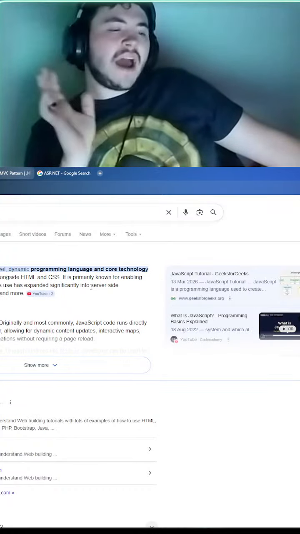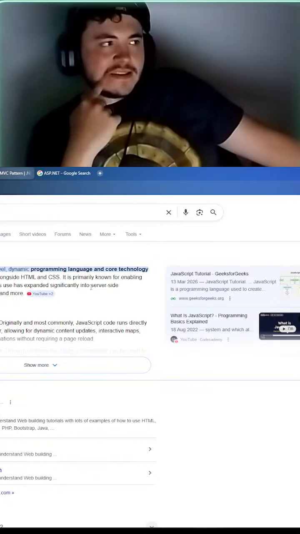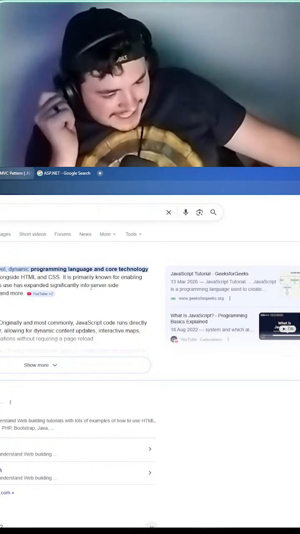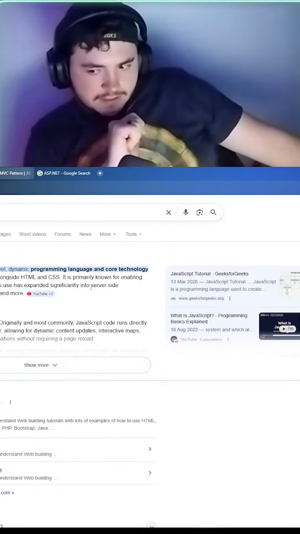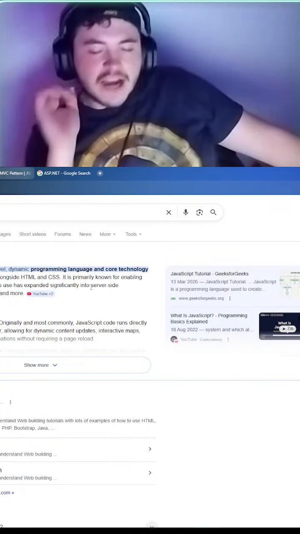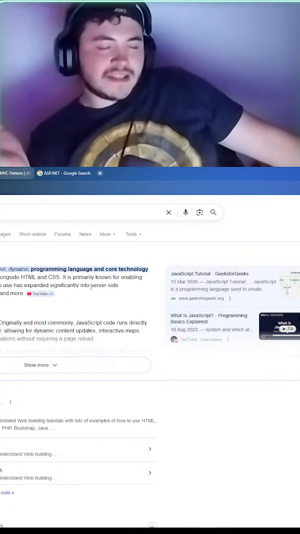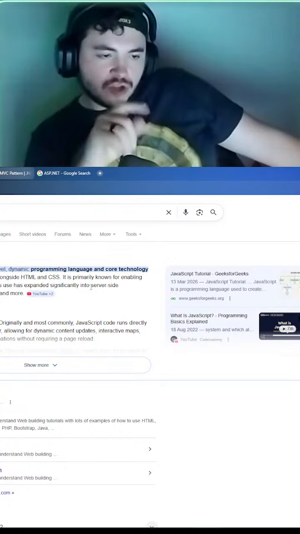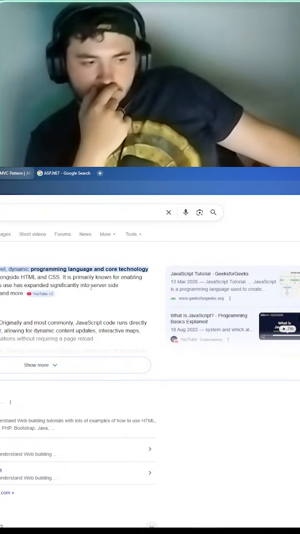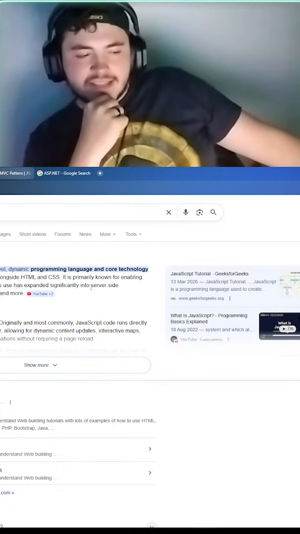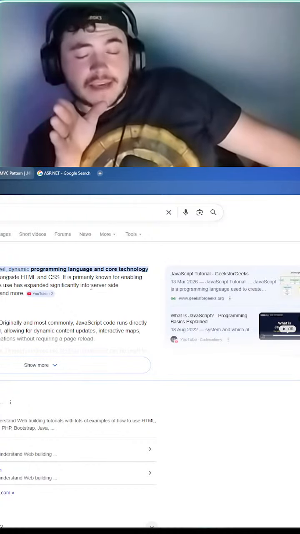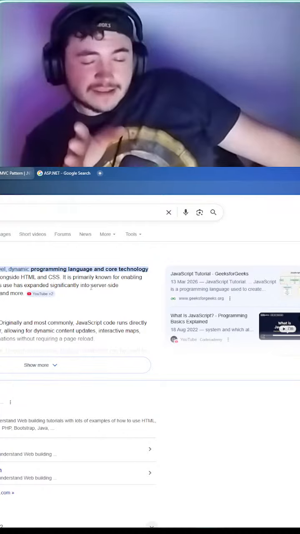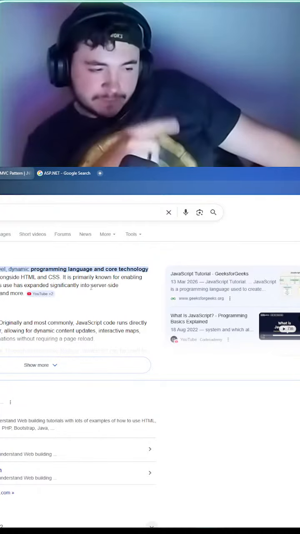But how do I know that the button's been clicked? I need to write a piece of code that basically listens for if a button's been clicked. I click a button, it fires off an event. What must I do once this event is fired off? It needs to run this piece of code. JavaScript is amazing because it handles those events. It basically targets a specific element, or a button in this case, and it says, hey, if this button is clicked, it is going to fire this piece of code.